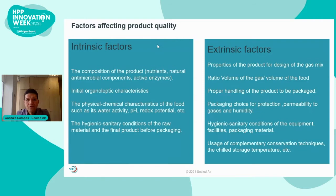As extrinsic factors, you have them right here. Again, the properties of the product are very important in order to design the efficient gas mix needed. The ratio of the volume between the gas and the volume of the product is important to consider. Proper handling of the product to be packaged, packaging choice for protection, that means barriers, basically, and hygienic sanitary conditions